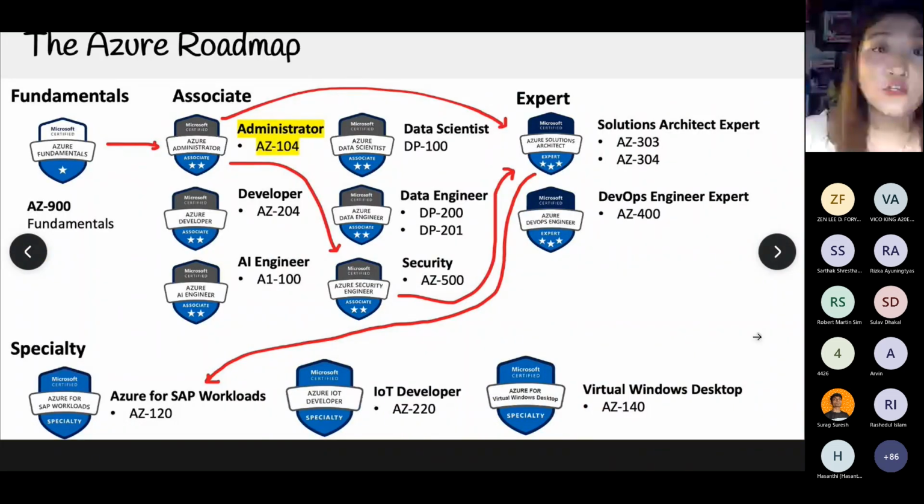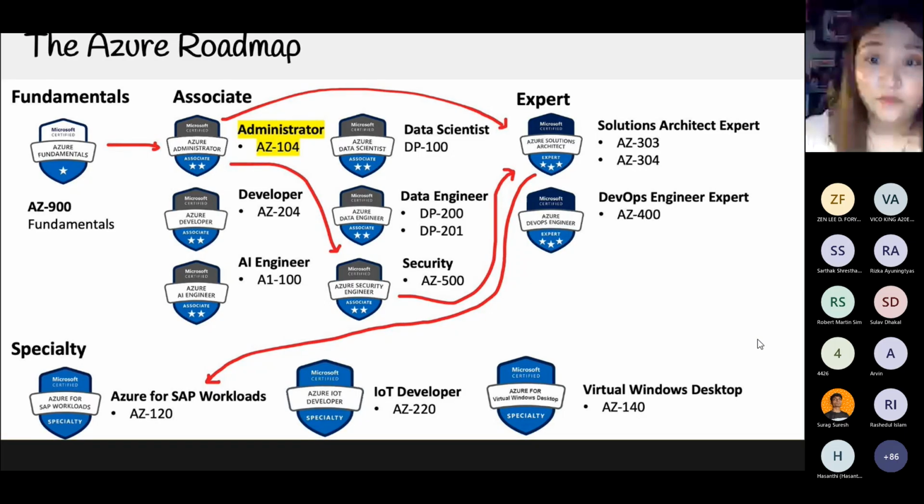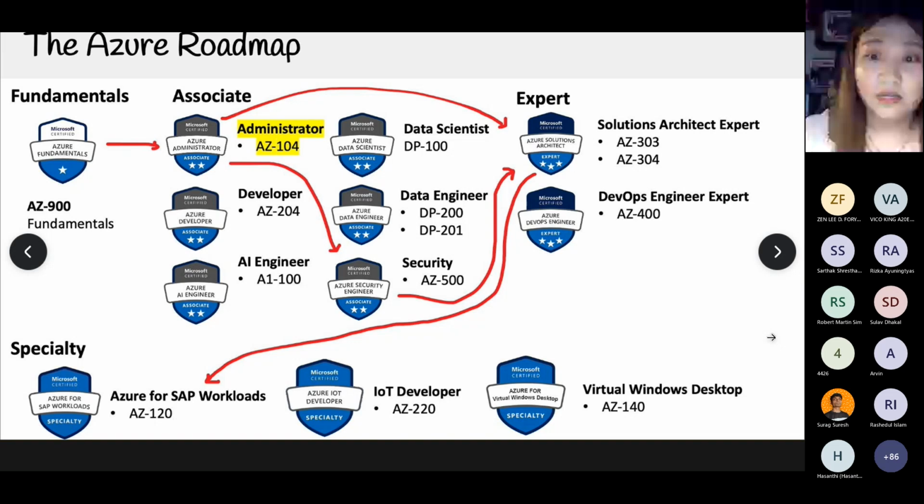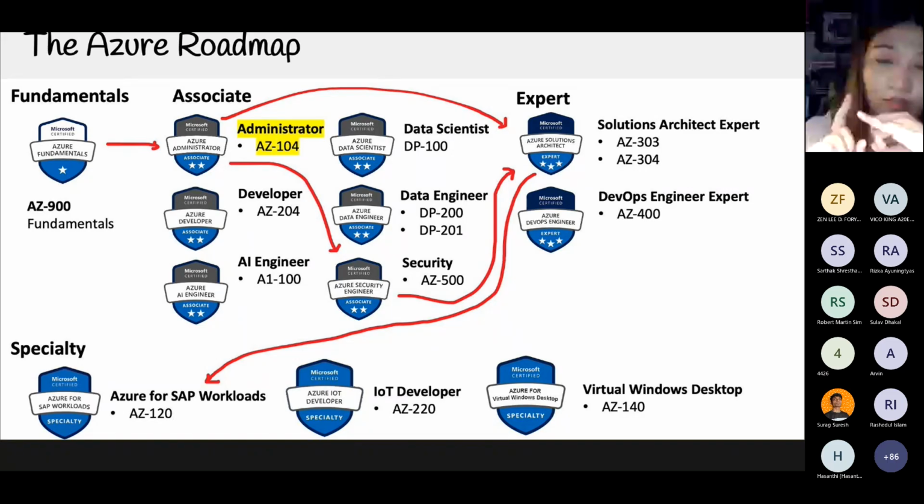Okay, first we have the Azure roadmap. Back then, when I was starting out in DevOps, and up until now, I've been thinking a lot about which cloud computing platform I should choose. Actually, it's part of the roadmap as well. I'm not sure if that slide has been skipped, but just to add, the cloud computing platforms are part of the DevOps roadmap. So it may be that you will learn AWS, Azure,